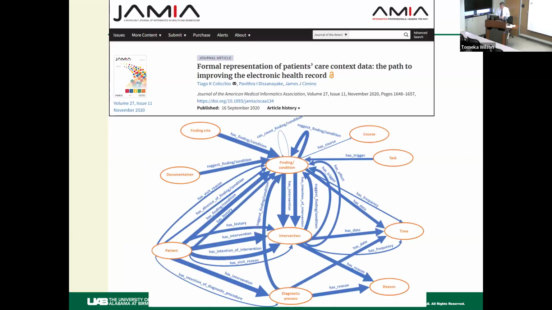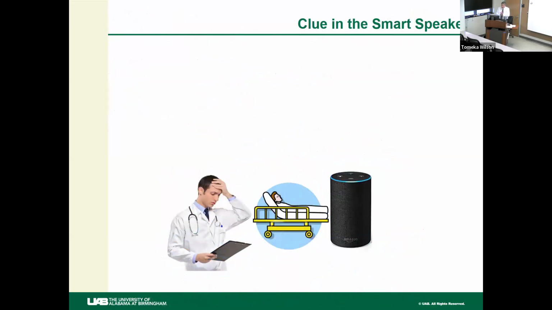Tiago really took the lead on this, looking first at the literature to see what we could find, but then adding to that based on reviews of records that we had and our own knowledge, and built an ontology that represented these concepts as classes. And it wasn't huge.